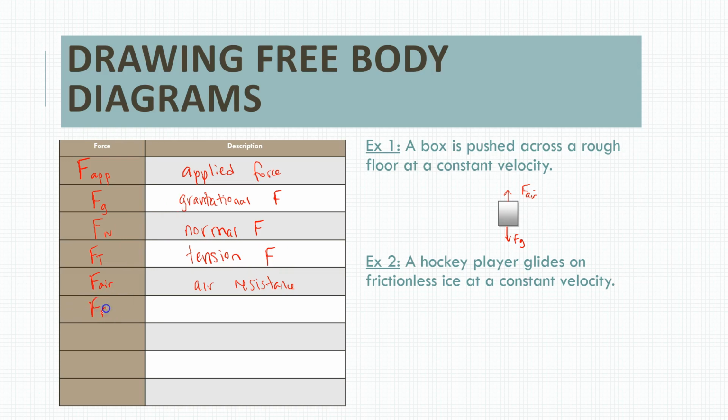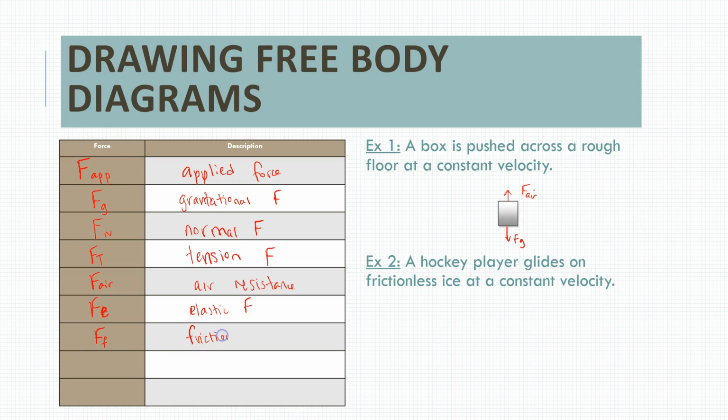We have F with a capital E. That is elastic force. What elastic force is probably exactly what it sounds like. Actually, this is a lowercase e. I'm looking at it now on my paper. You may see a capital E in some places. So that is like if you snap a rubber band, like you pull it back and it rebounds and it hits you, it clearly hits with some force. Bungees, people that go bungee jumping, there's elastic force in that as you stretch it out and then it pulls you back up. And our last force that we're going to have is F with a little f, and that